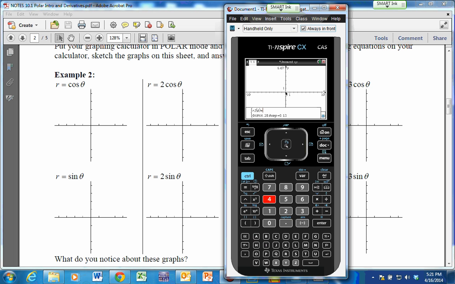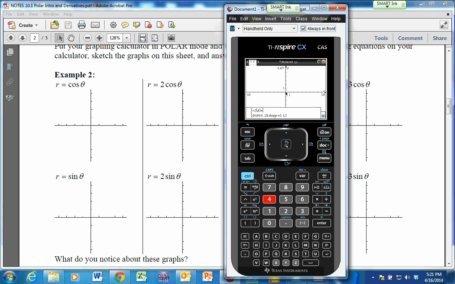And the theta step is 0.13, and that's just saying how many points it's going to find the values of and then plot, and it's just going to do it one time around the unit circle basically. There will be times where we might need it to do more than that. So